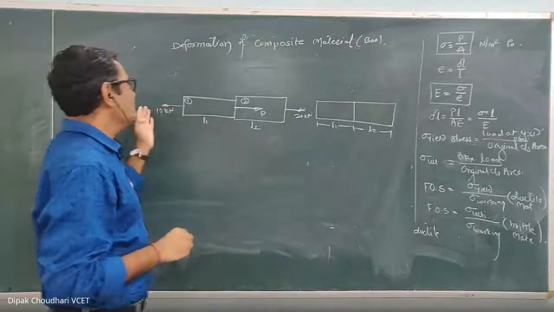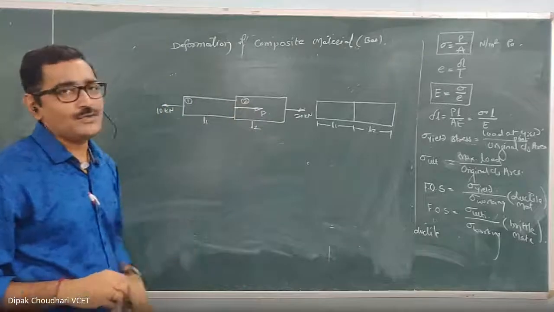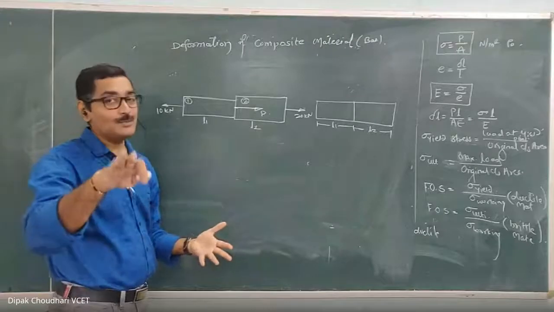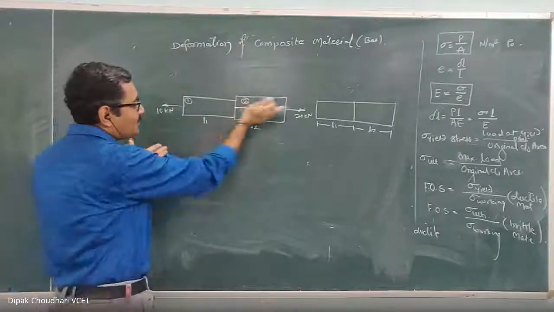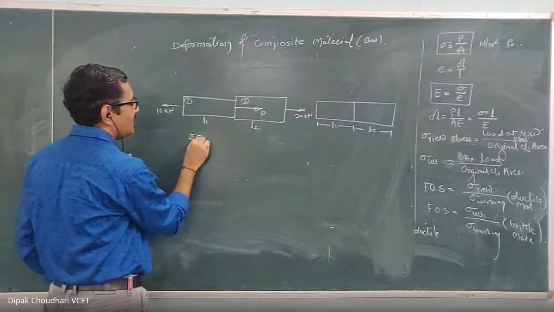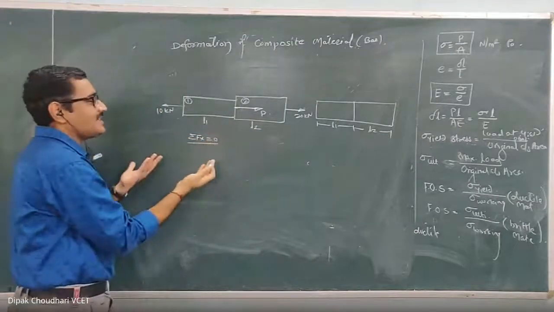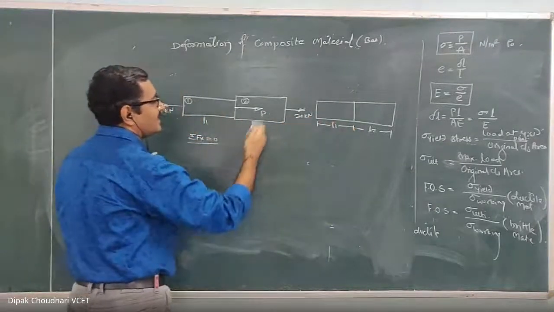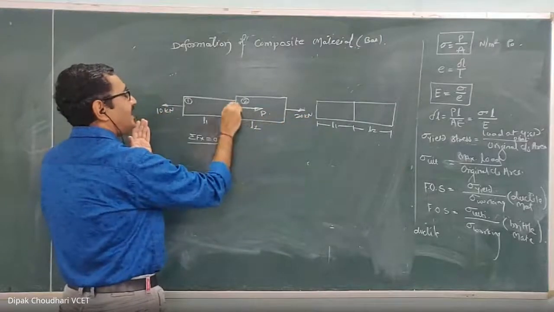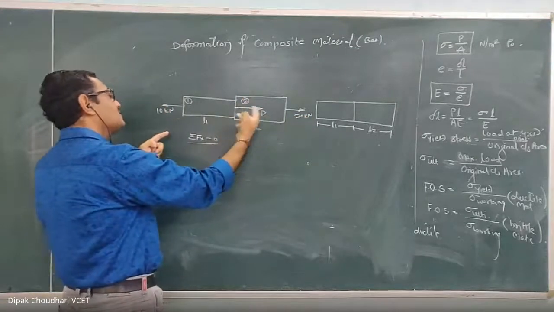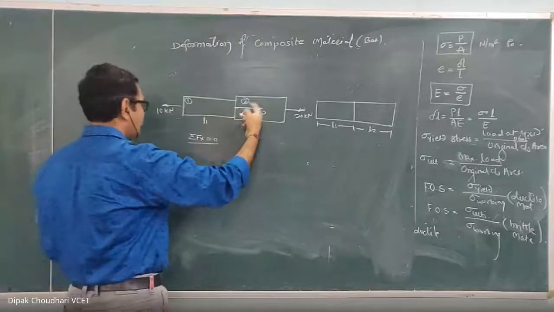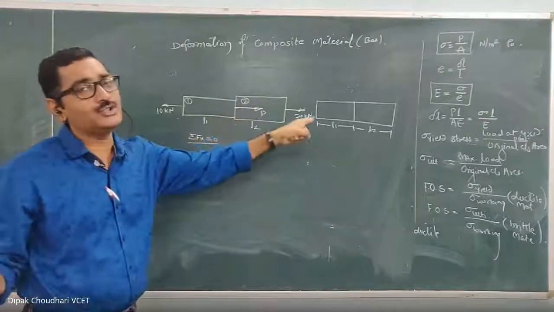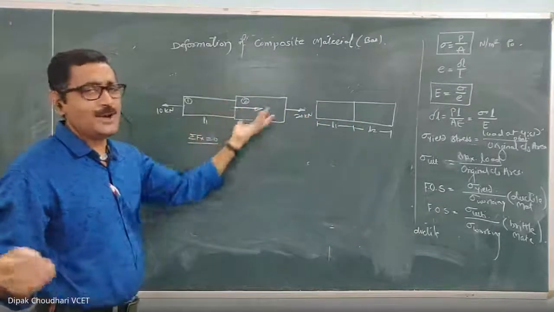So we have to consider the stresses induced in the rod when it is in the state of rest, or in equilibrium. For equilibrium, you have to balance the forces and find out the force P. Most of the time the forces are given. If the forces are not given, you need to balance them properly. All the forces are in the x direction, so you can consider summation of Fx equal to 0. Or just by observation, on the left hand side there is only one 10 kilonewton force and on the right side the 20 kilonewton force is there. So to balance these forces, at the intermediate point one force should be there which must be towards left and not towards right. The given force is towards right, but for equilibrium it should be towards left.